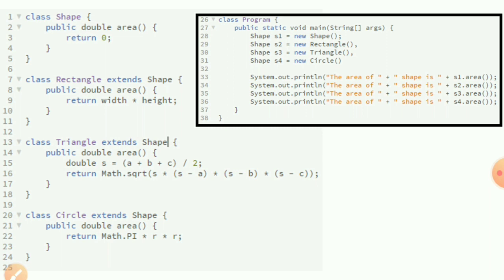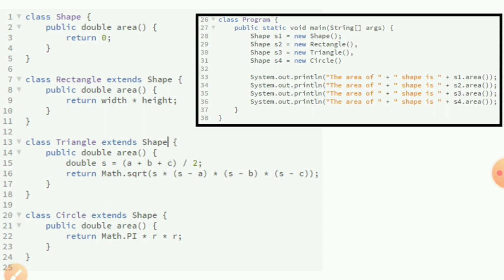Can you tell me what will be the area of shape? You can't, isn't it? Because you don't know what kind of shape I'm talking about. If I ask you to give me the area of shape, you will not be able to, because you will ask me which kind of shape it is.